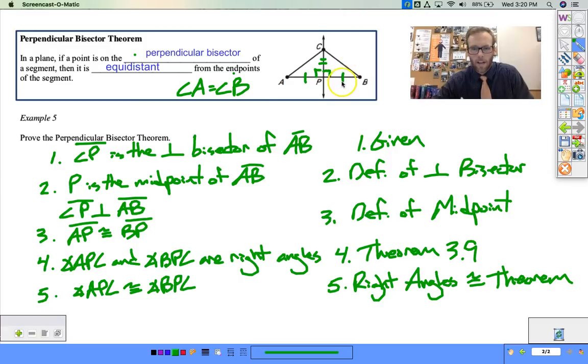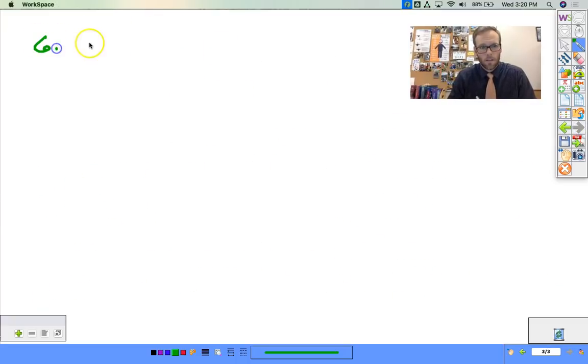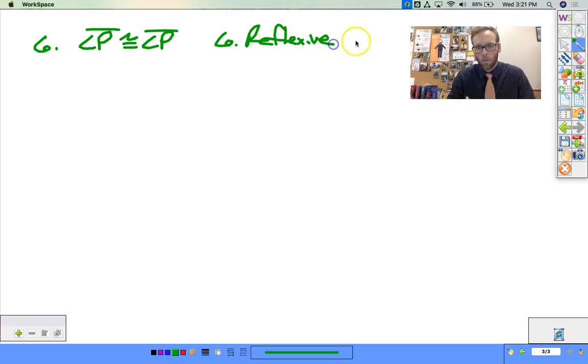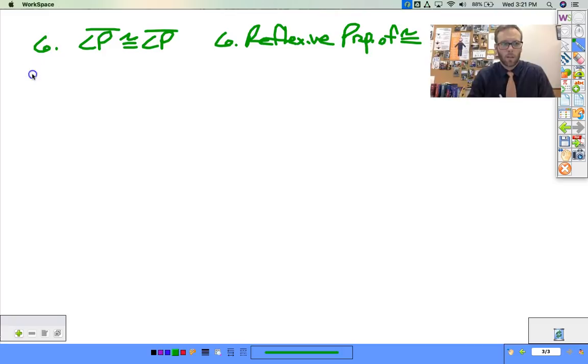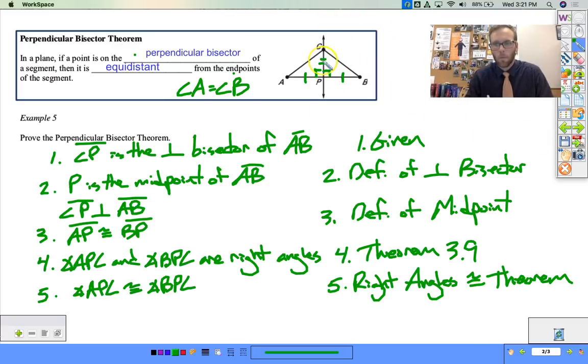Let's see here. I've got those sides congruent by the definition of midpoint. We have the right angles being congruent. We're to the reflexive property, aren't we? CP is congruent to CP. What step am I on? I'm on step 6. CP is congruent to CP by the reflexive property of congruency. There we go. All right, so now, boom, we've got side angle side, don't we? Triangle APC